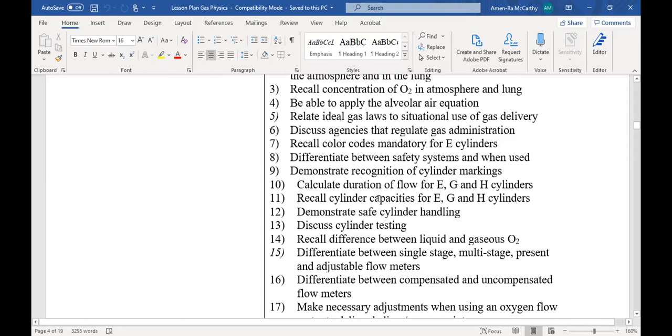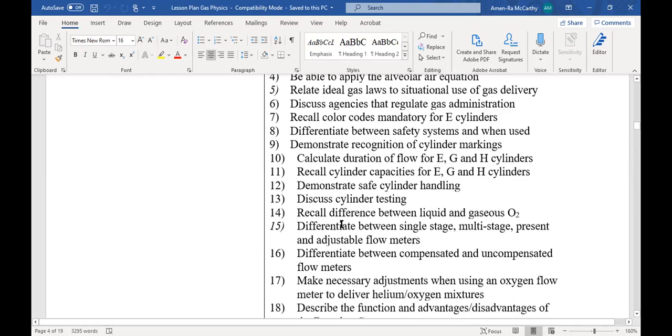Calculate how long it lasts, the duration of flow, right? If I say Mr. Johnson is on an E cylinder at 2 liters per minute, how long would it last? You have to be able to calculate that formula and tell me he has 2 hours, he has 3 hours, he might have 30 minutes, okay? Does he have enough time to go to the dog track before he goes home, or does he need to get another tank? Because when you go to the casino, you see people walking around with oxygen, okay? And if they run out, they show it, okay? So they have to know how long they have, all right?